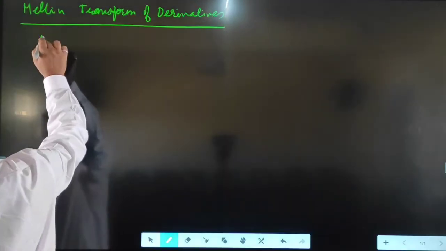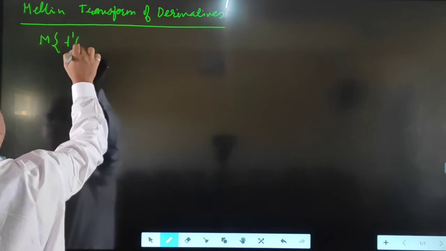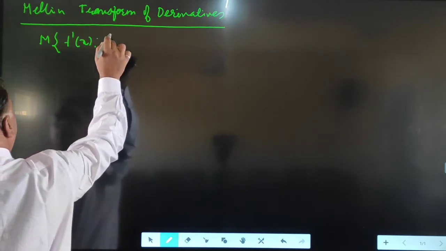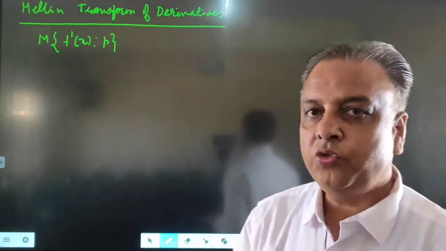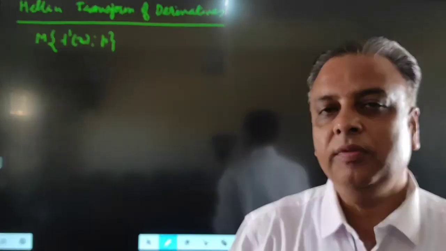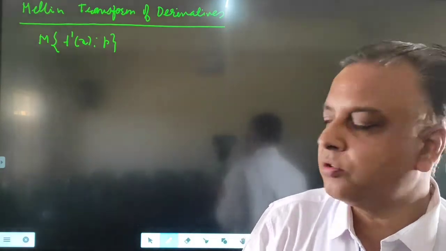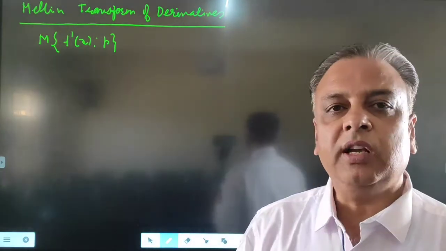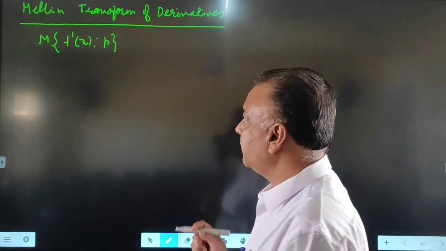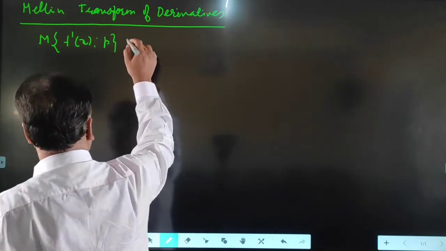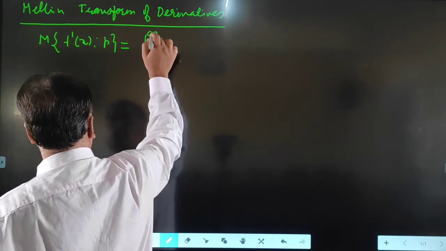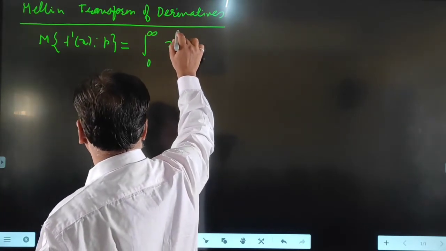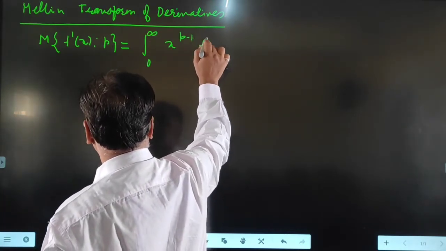First we find the Mellin transform of the function f dash x with respect to parameter p. If f(x) is the given function, as we know, the Mellin transform of the function f(x) is F(p). Then first we find the Mellin transform of the function f dash x. By the definition, this is equal to the integral from 0 to infinity of x raised to p minus 1 f dash x